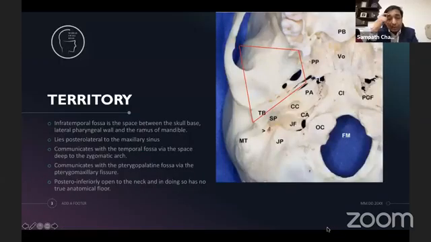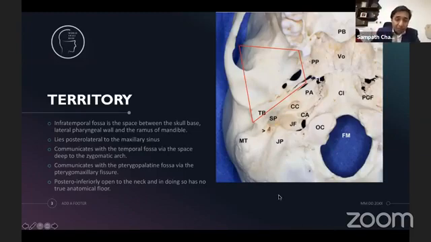So we're dealing with this territory called the infratemporal fossa. I told Puya Degani that this is prime real estate territory. You see, there's a reason for that. It's an area that has obviously a bony territory, and then it has arteries, it has veins, and it has a lot of nerves. So what are we looking at?